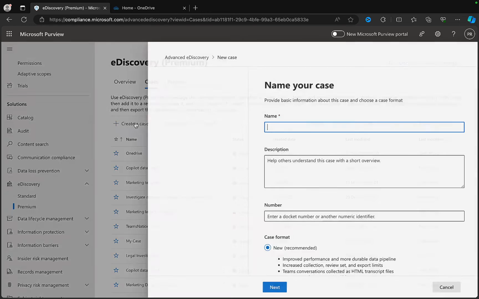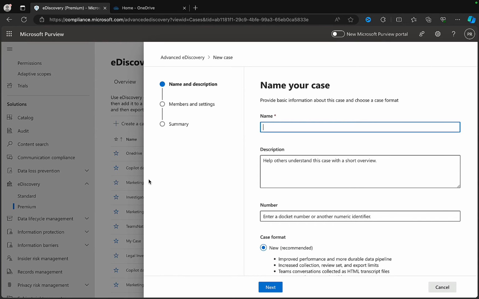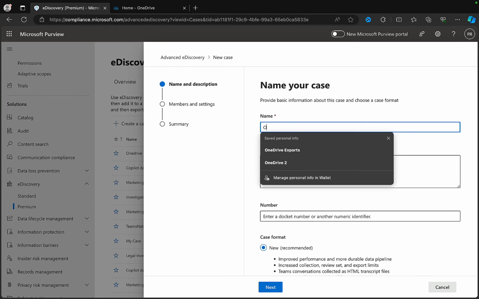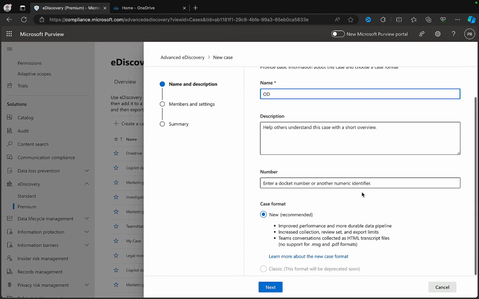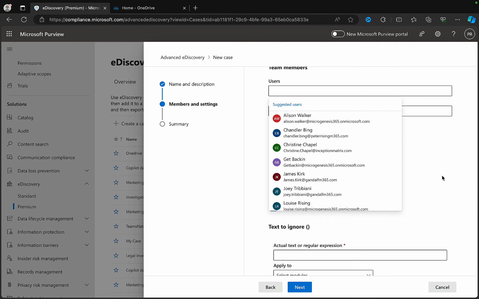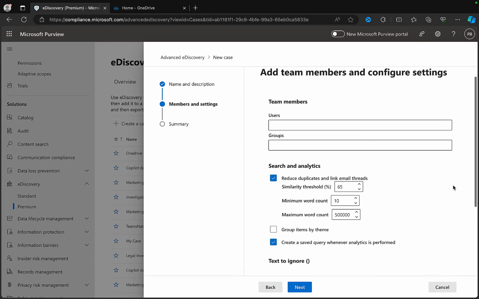So if we click on create a case and we give that a name, I'm just going to call this OneDrive OD, for lack of a better description. I'd obviously give it a way better name. Description, obviously put that in as well. And you can optionally enter a numeric identifier or a docket number if you have such a system. The new case format is now the only one you can choose. Click on Next. You can then add any members to your eDiscovery case who you want to give additional access